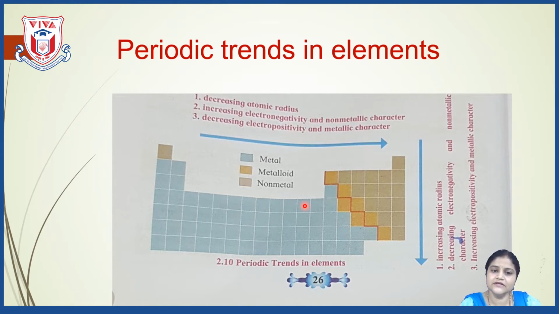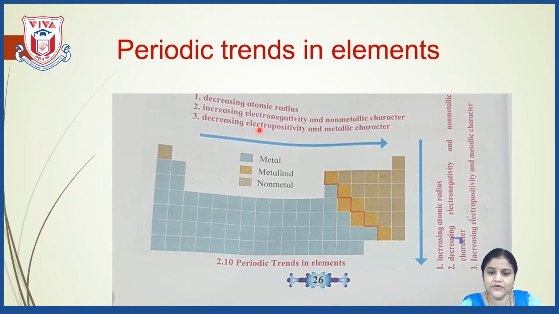From here we can conclude from the video that when we observe the valency, it goes on decreasing from left to right up to 4, and then it goes on increasing and then up to 0. Now, about the atomic radius. When we observe the elements from left to right in a period, the atomic radius goes on decreasing, and in a group, that is from top to bottom, the atomic radius goes on increasing.